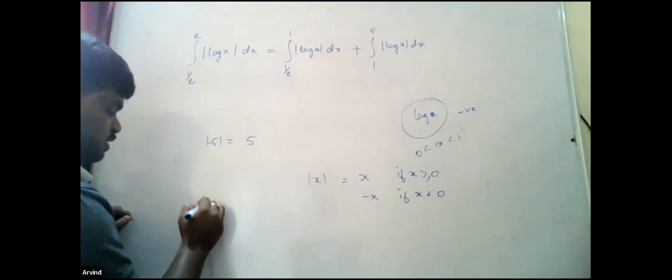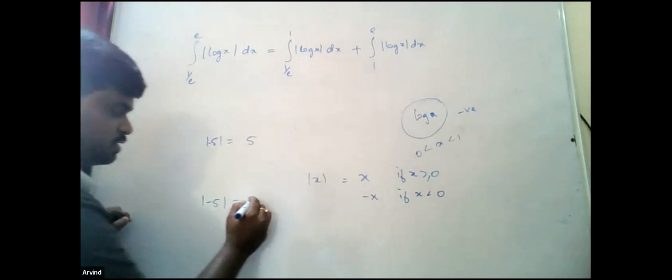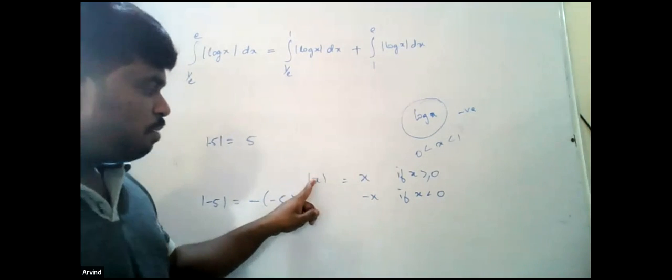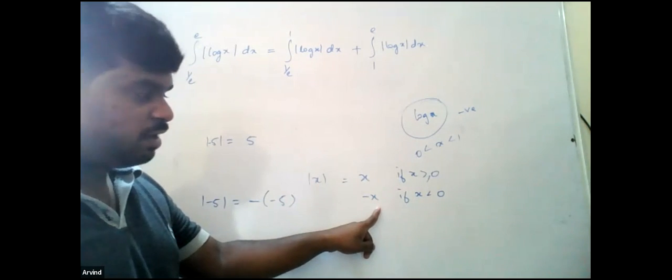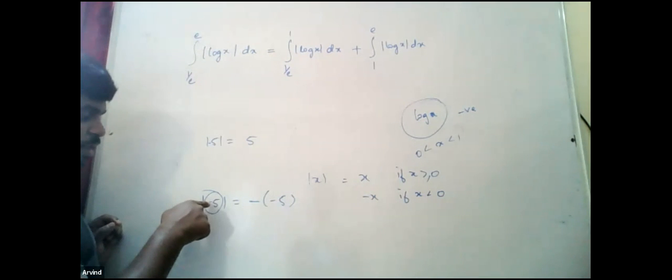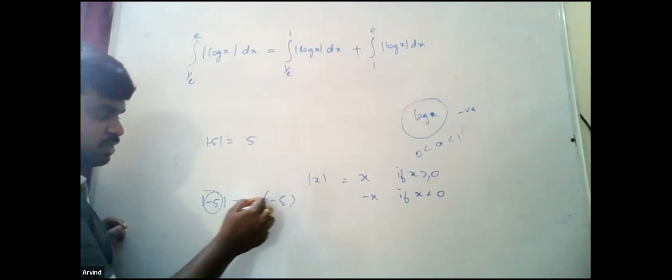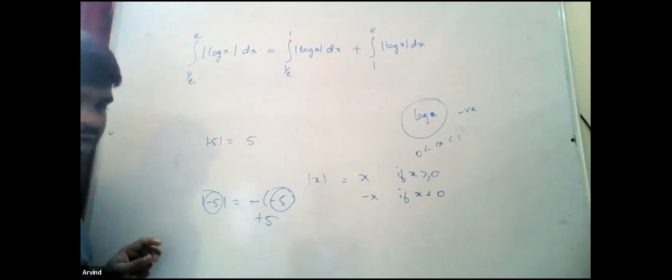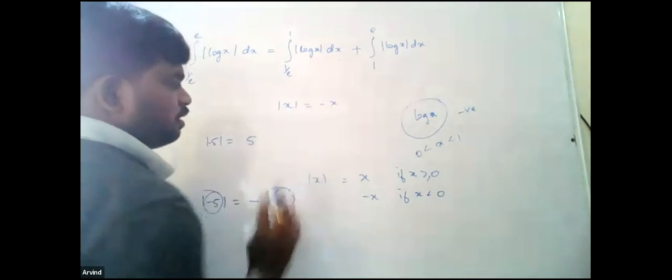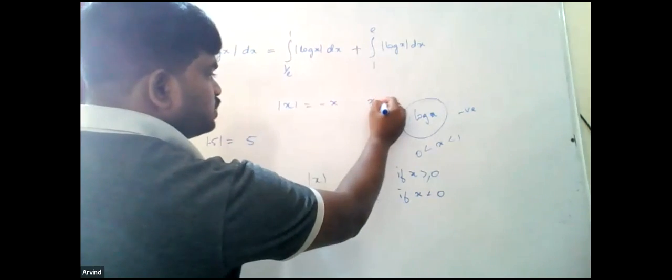ಯಾಕೆ? ಅಕಾರ್ಡಿಂಗ್ ಟು ದ ಡೆಫಿನಿಷನ್ ಮಾಡ್ಯುಲಸ್ ಆಫ್ -5 is minus of -5. Using this, ಮಾಡ್ಯುಲಸ್ x minus x ಆಗುತ್ತೆ ಯಾವಾಗ x is less than 0. My x is less than 0, therefore modulus of this x will be minus of x. Minus of x is this, minus into minus 5. Actually ಹಂಗೆ ಆಗೋದು. I repeated here, modulus of x ನ minus x ಅಂತ ಬರೀತೀವಿ ಯಾವಾಗ x ಏನಾದ್ರೂ 0 ಗಿನ ಕಮ್ಮಿ